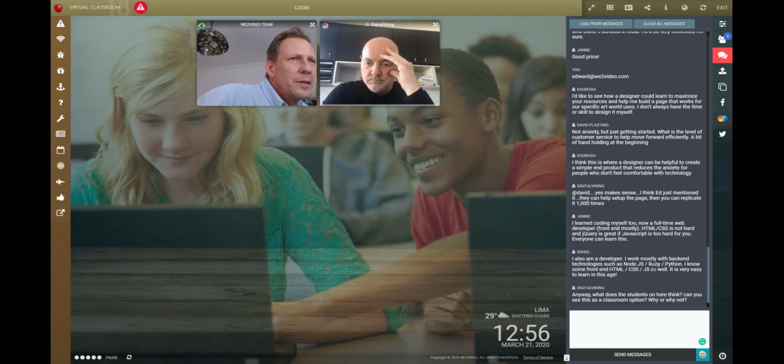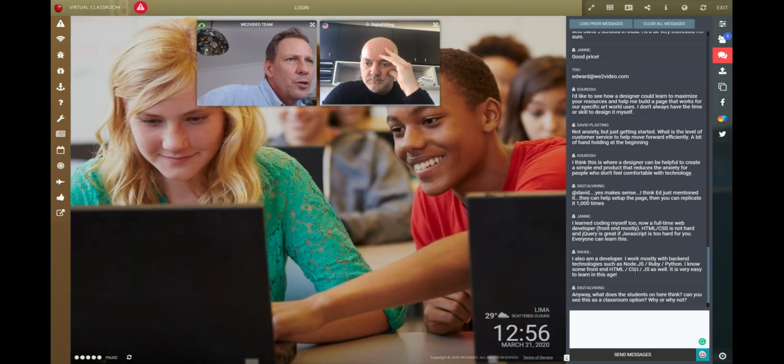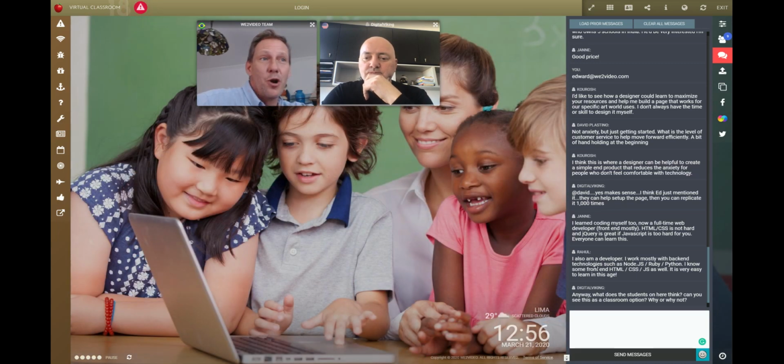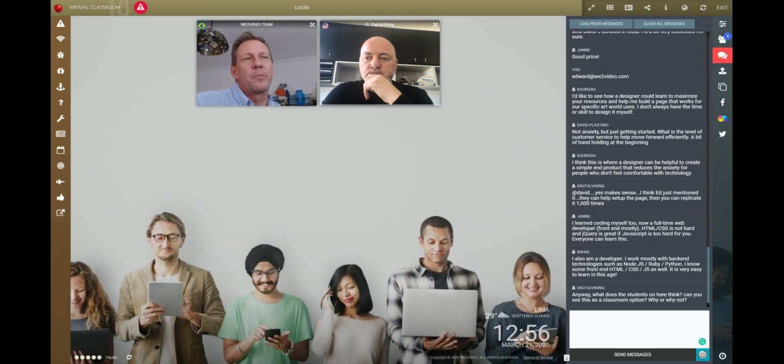Okay, I also am a developer. I work mostly with back-end technologies such as Node.js. Okay, you're going to have a ball here, Raul, because this is exactly what I mean. You're even more, you're beyond what we need here. You can integrate an API on the right sidebar. That's the place to integrate permanent features.